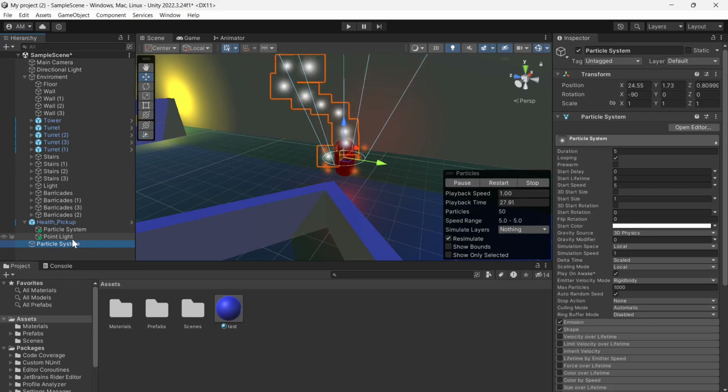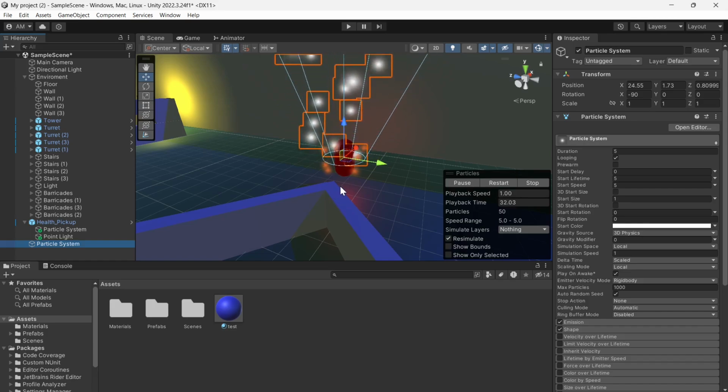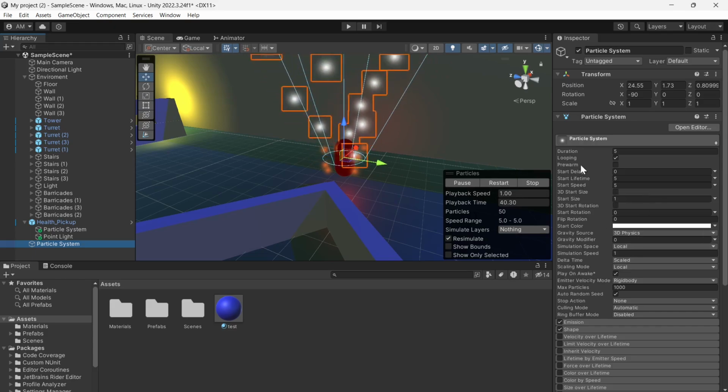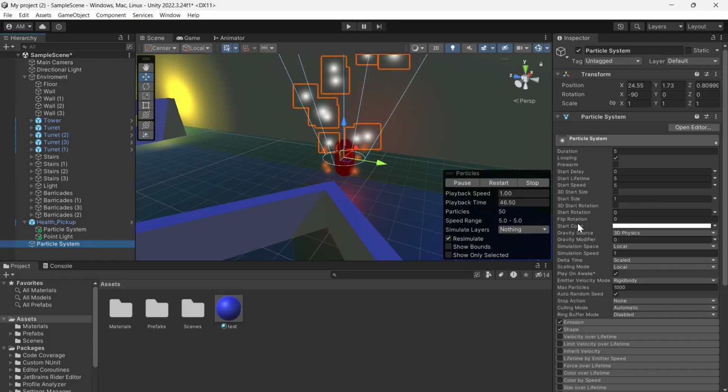This system emits particles, which are small sprites or meshes, to simulate various natural and artificial effects. Once added, you can customize the particle system's behavior and appearance extensively. You'll find the key properties in the inspector panel when you select your particle system. First, we have start lifetime, which